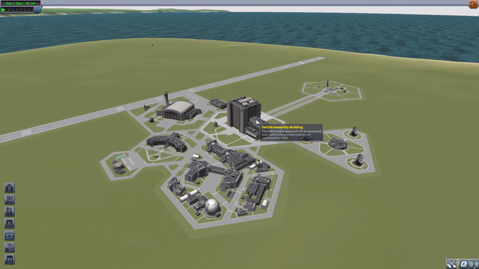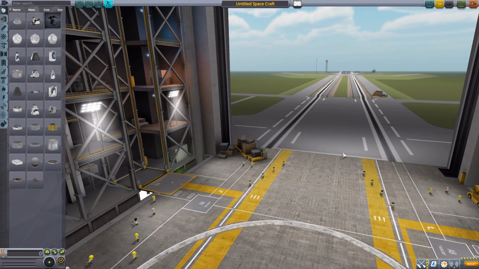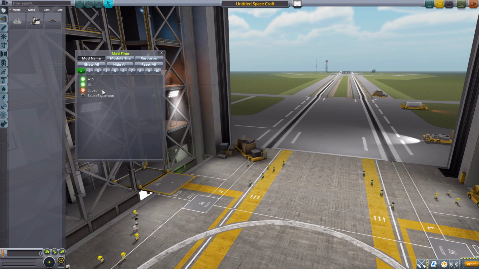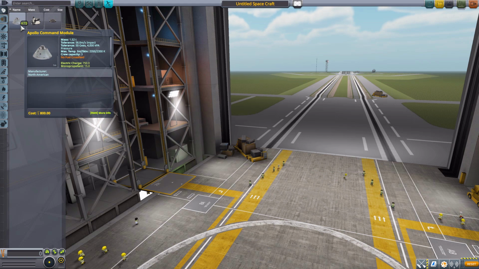So let's jump right on into the vehicle assembly building and have a look at all of the parts that this mod does give us, and it's quite a few. So let's turn on our janitor's closet mod filter, just leaving on the ATS stuff. And we'll start, of course, here in the command pod section, where we have our first part here, the Apollo